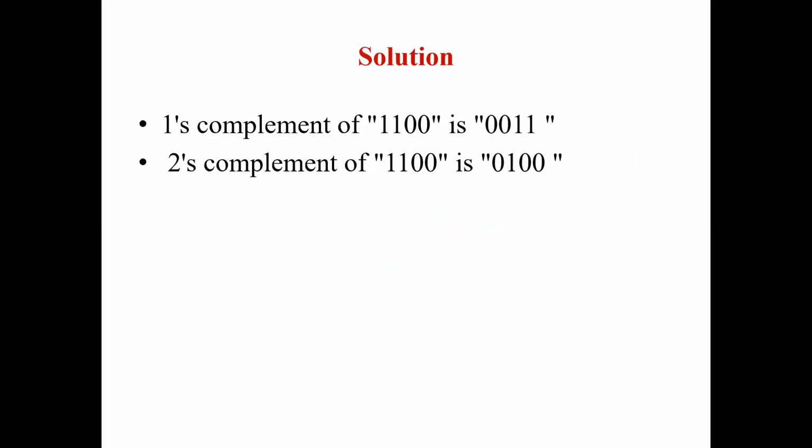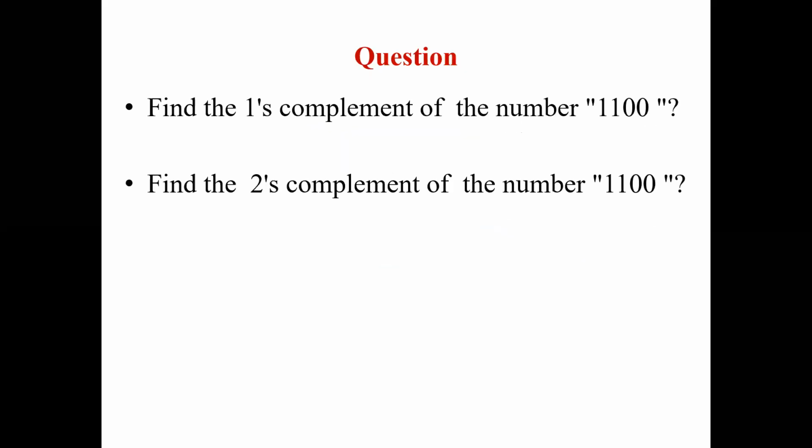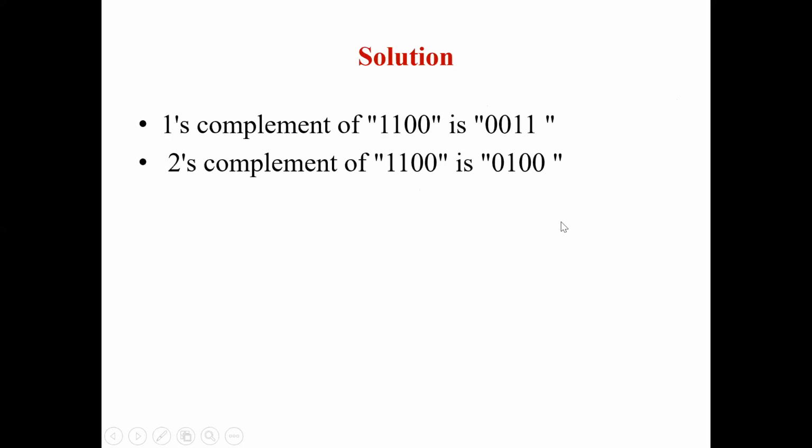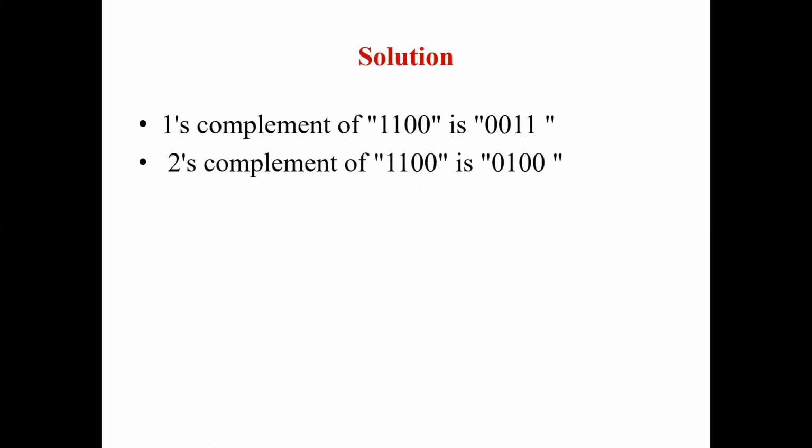Ma'am, actually, I'm still not getting the subtracting the second complement. You have to add both of them. 1's complement is directly this one. For 2's complement, you first find out 1's complement plus 1. Then 1's complement is 0, 0, 1, 1, plus 1. So see, 1's complement is 0, 0, 1, 1. And for 2's complement, what you do? 1's complement already hai, plus 1. So 1 and 1.